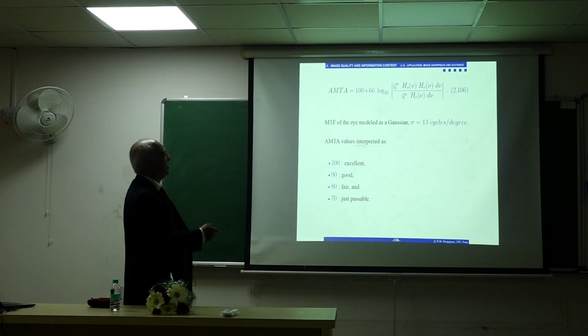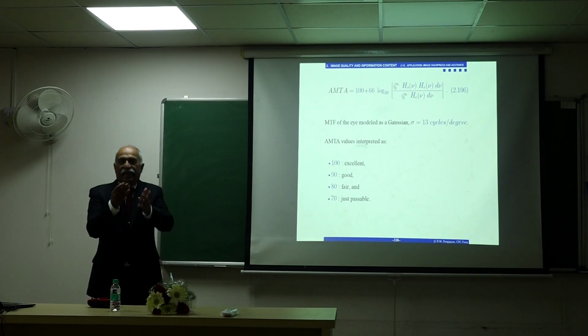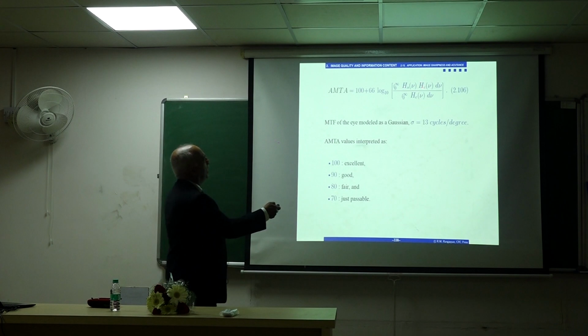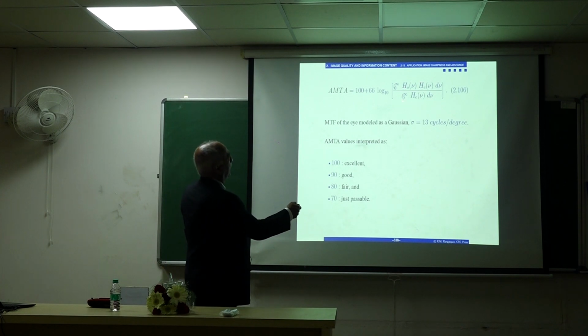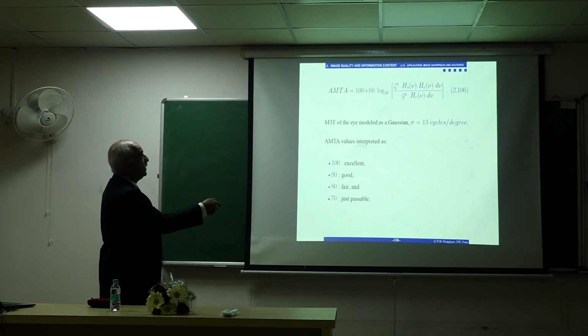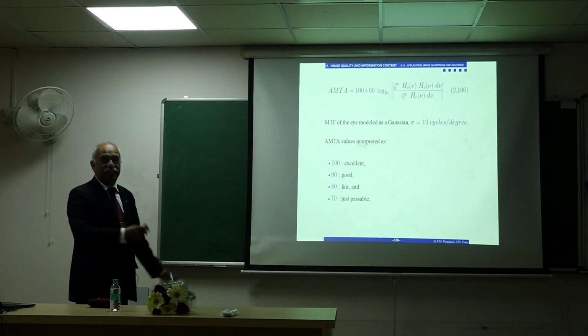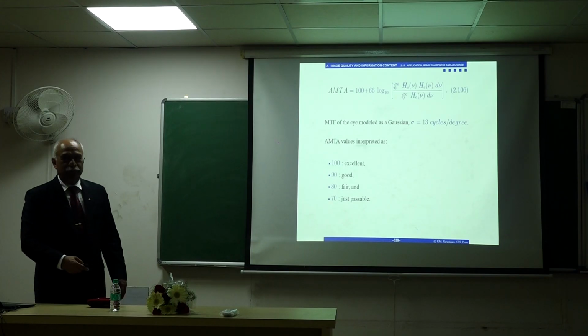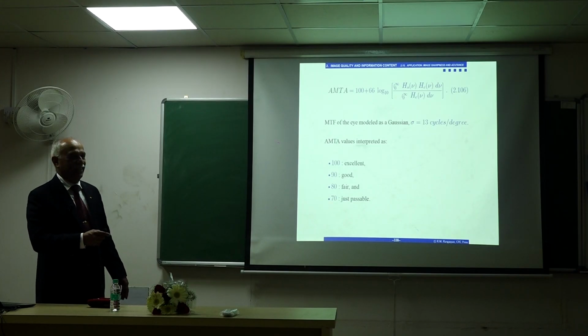And another researcher said, well, we need to normalize and get numbers like in marking exams, up to 100. So scaling factors. They said 100 plus 66 log10 of the product of the two MTFs divided by the integral of the MTF ratio. This is just a normalization factor, so 100 is excellent, and 70 is just passable. Not 35%, not 50%, but